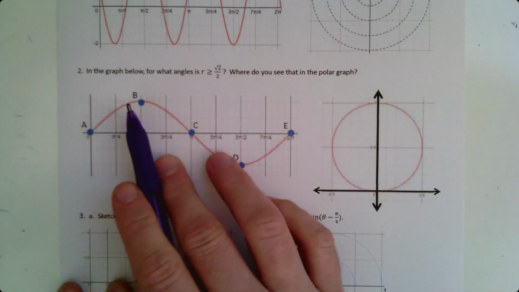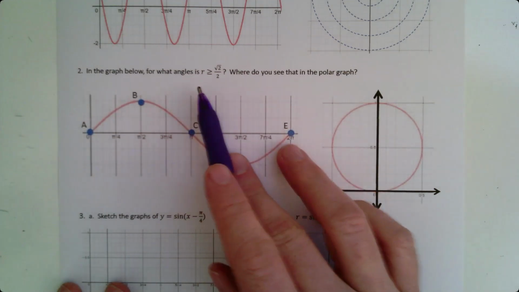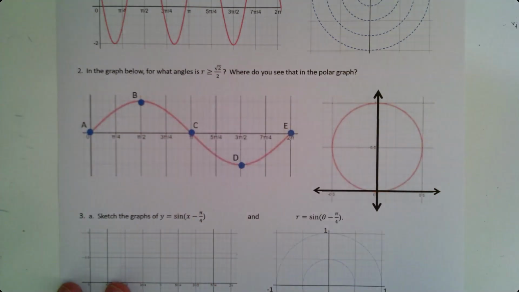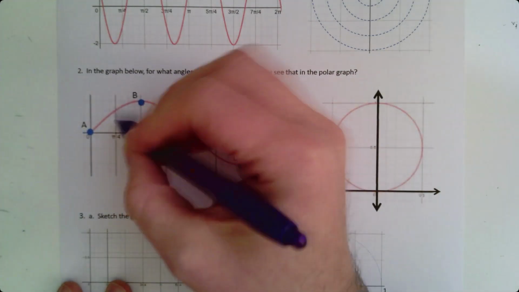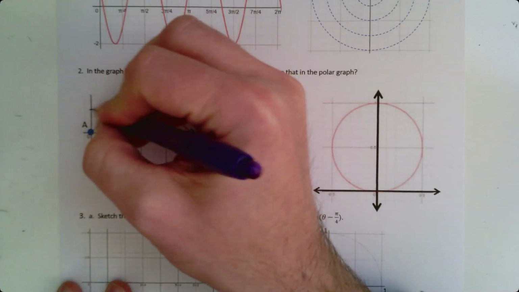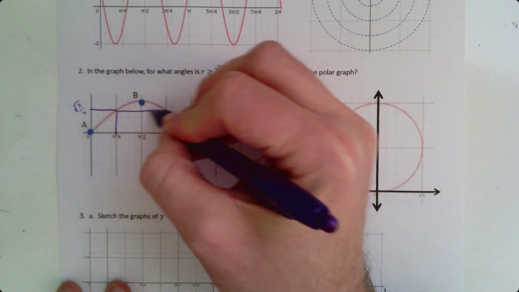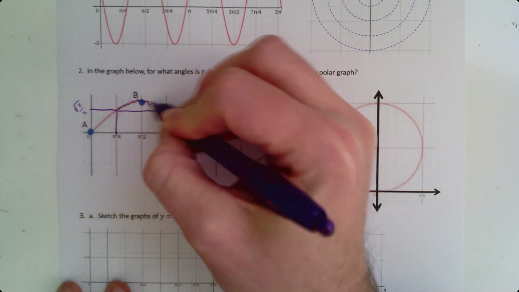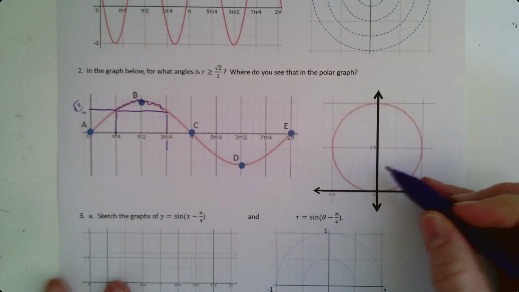So I've got a graph here of, it looks like just sine theta. For what angles is r greater than or equal to root 2 over 2? So you know that sine of pi over 4 is root 2 over 2. So this height right here must be root 2 over 2. And so for all of these values between pi over 4 and 3 pi over 4, on the polar graph,